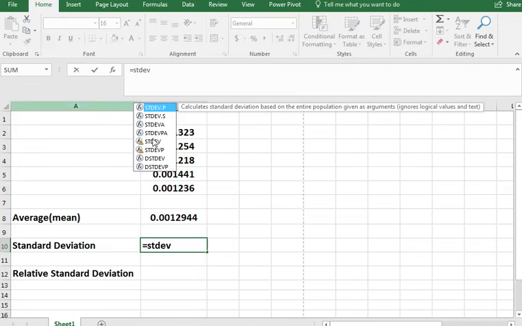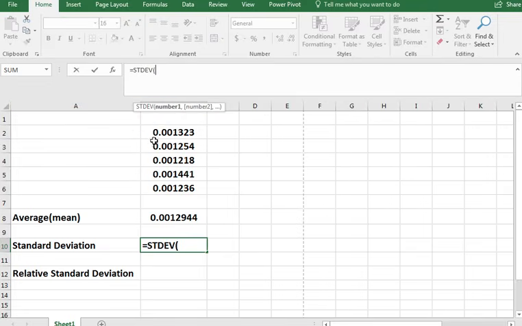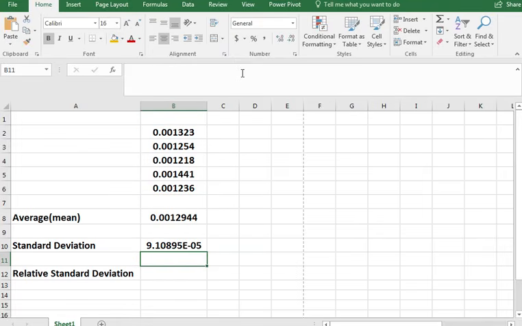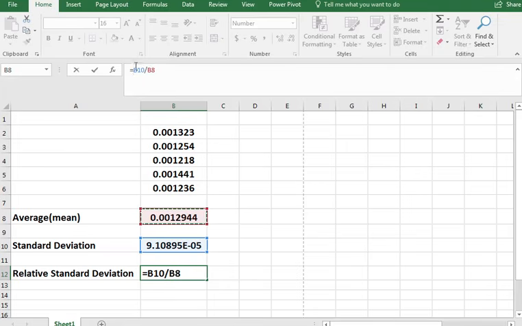STDEV, and you find the standard deviation here. Double click, select the numbers, close parenthesis, hit enter. That's your standard deviation. And for relative standard deviation, equal standard deviation divided by average, and then we have to